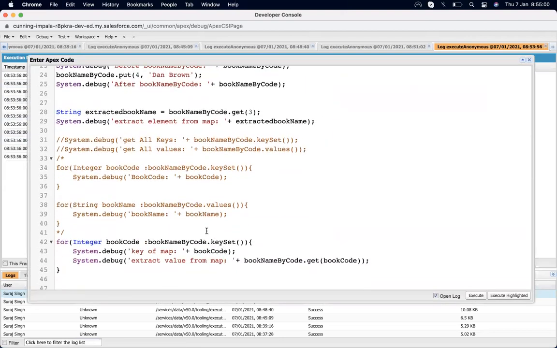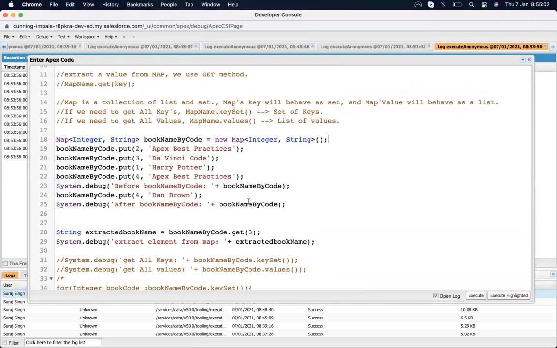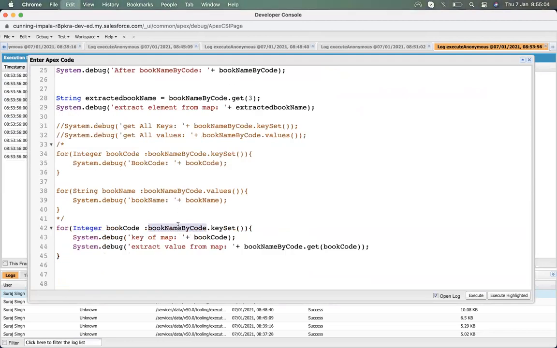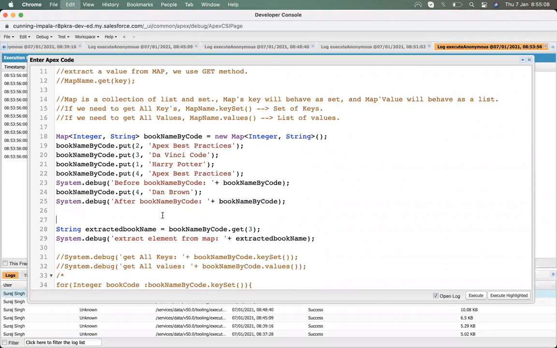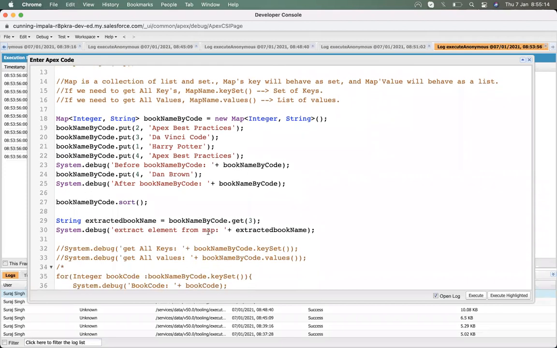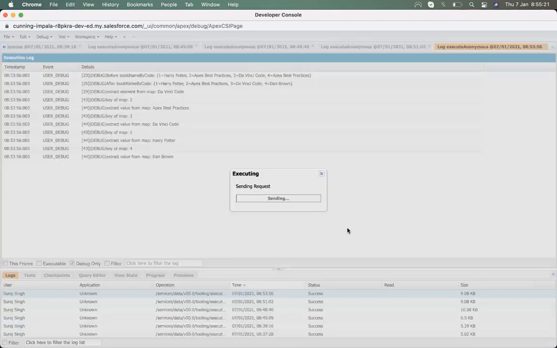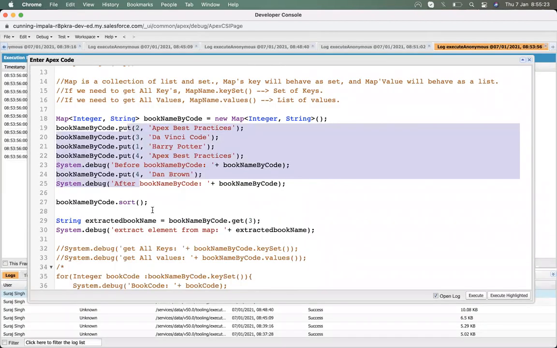So if we want it in a sorted way, what we will do is just put, what is that, map dot sort. What it will do is automatically follow the order in which the set is working, it will also do the same thing. Sorry, let me check the map methods.